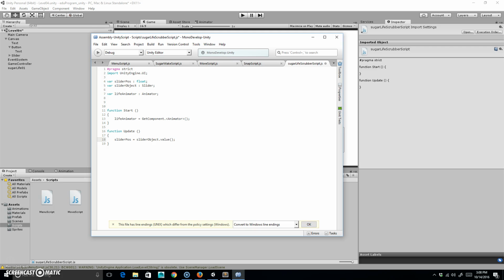Okay. And then we are also going to do life animator dot play. All right, and that's just a function, or a method, I should say. When it's inside of an object, it's a method, not a function that's built inside of it. Dot play, and I want it to play the sugar